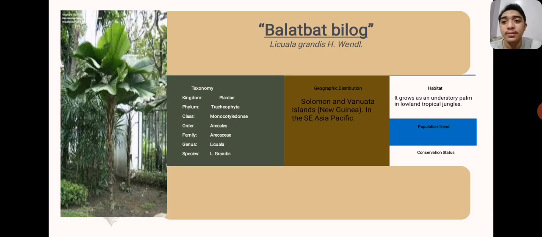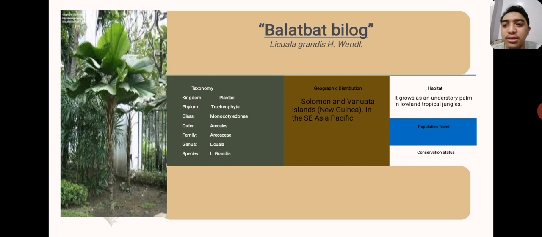First is balatbat bilog, or the scientific name Licuala grandis. Taxonomy: from the kingdom Plantae, phylum Tracheophyta, class Monocotyledonae, order Arecales, family Arecaceae, genus Licuala, species L. grandis. Geographic distribution: Solomon and Vanuatu Island in New Guinea